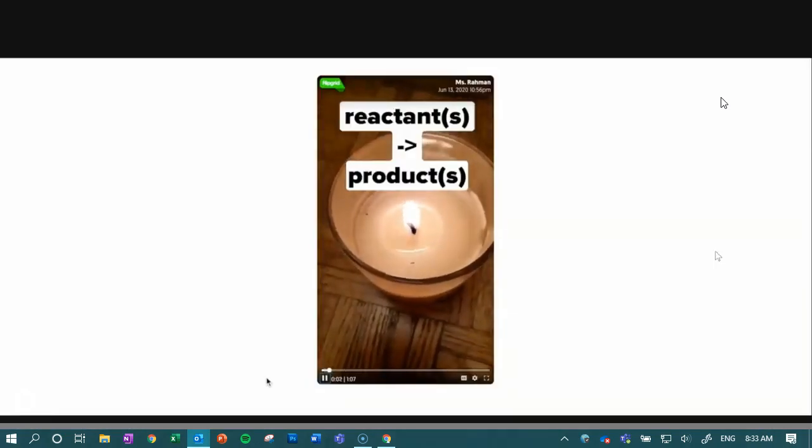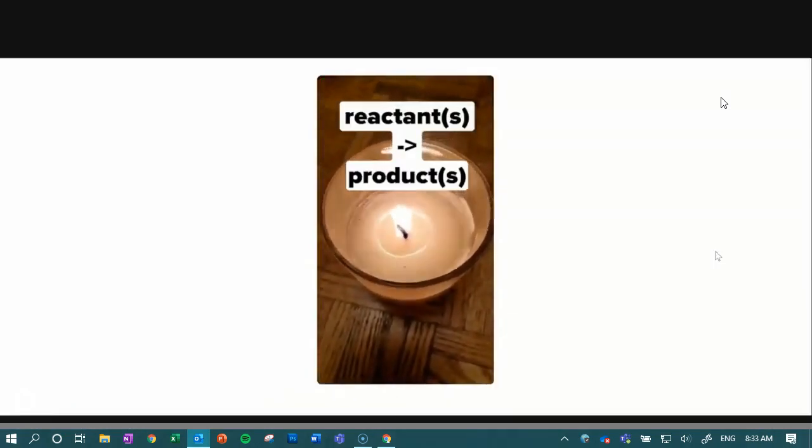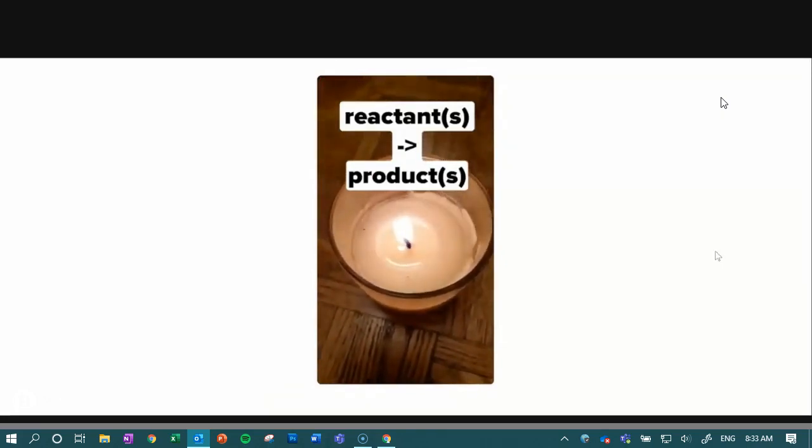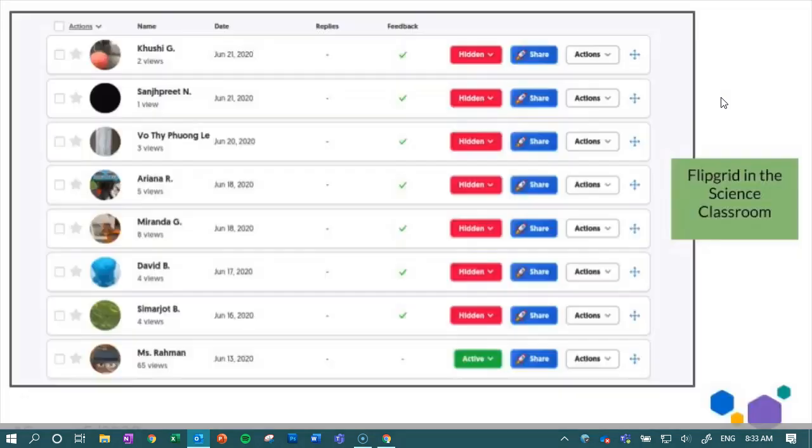Hey, science class. So some of you were wondering what I meant by hunting for a chemical reaction at home. So here at my house, I quickly looked for a chemical reaction. As you can see, there were quite a few responses in the grid, and this is one of the 2 science classes that I had this semester, and it was quite heartening.